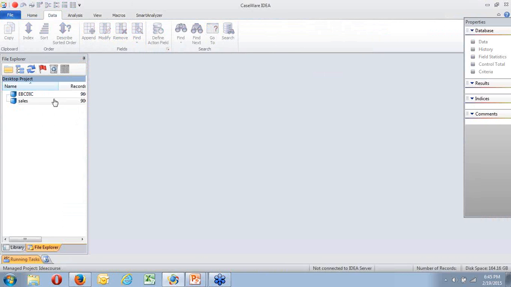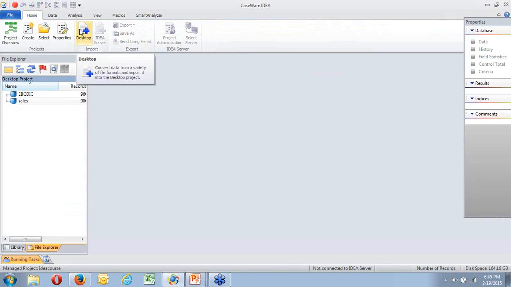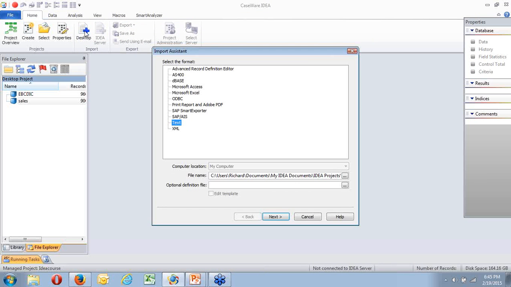And we're sitting in our project. I want to add a new file. Okay. I'm going to bring in a file from an AS400. Now the AS400 originally came in way back in the early days to replace the System 38, and it's now been replaced by the iSeries, but we still talk in terms of the AS400 file structures. So I'm going to bring in an AS400 file.